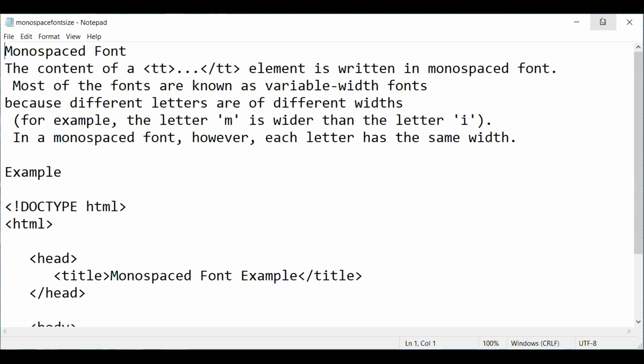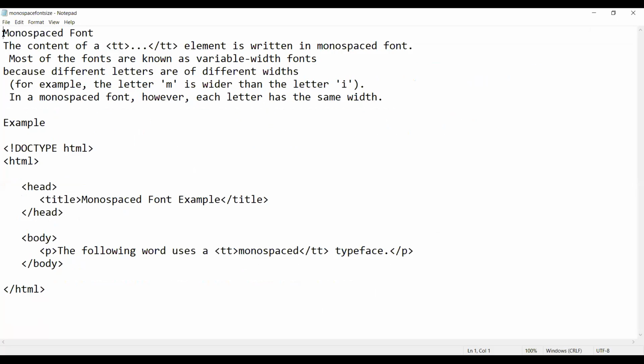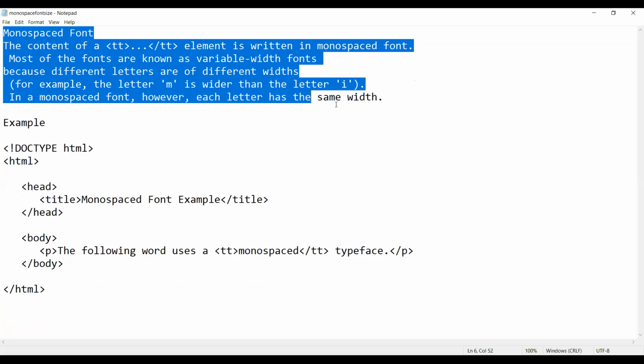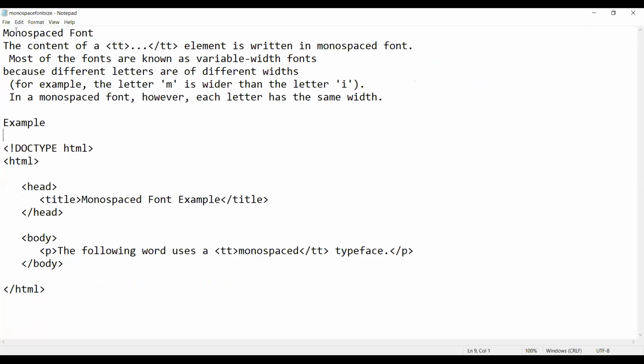Does it appear like this to all of you? Mono font. Yes, monospace font. This monospace font, the content of TT, teletype text. The teletype text element is written in a monospace font. Most fonts are known as variable width fonts because different letters have different widths.